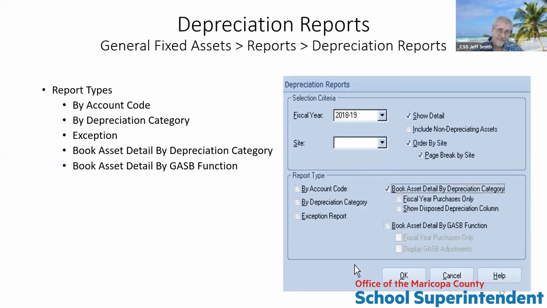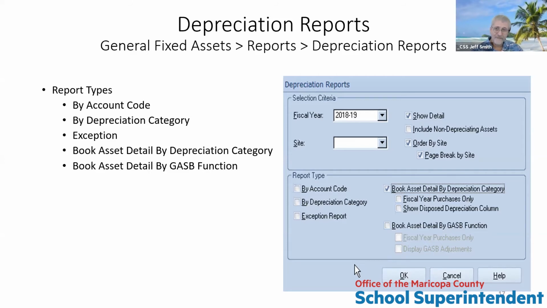There are a few different depreciation report types, and you can select them in the one location. So general fixed assets reports, depreciation reports. There are different report types. First of all, you can select what fiscal year you're running it for, and if you want to run it for a particular site, you can. You can choose to show detail. If you want to include non-depreciating assets, you can. You can order by site. You can page break by site, and then choose your report type, which can be by account code, by depreciation category,